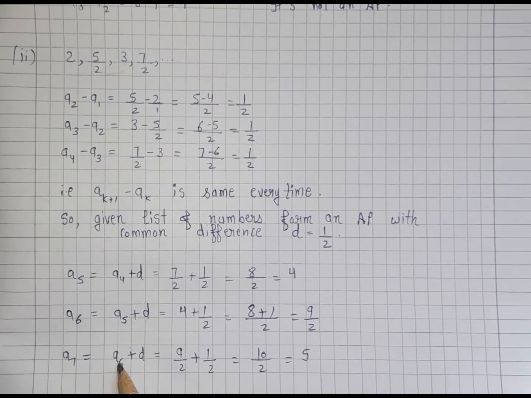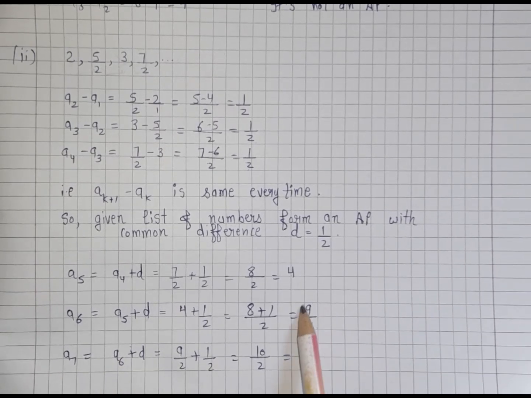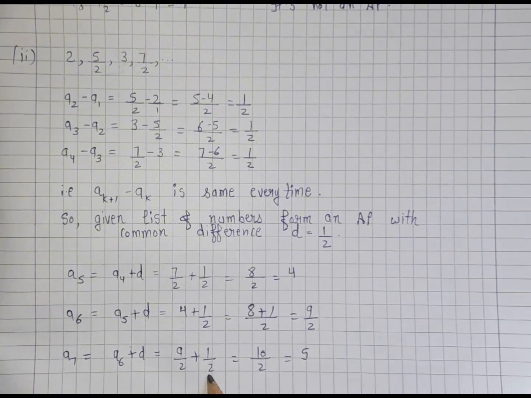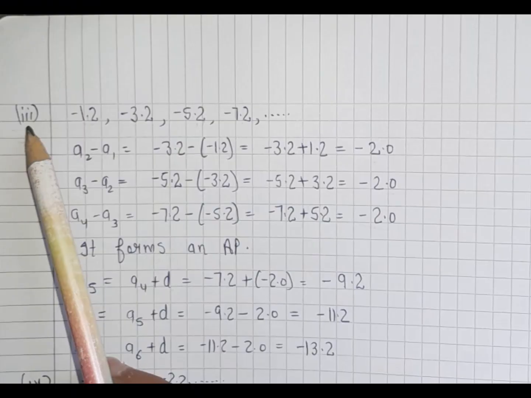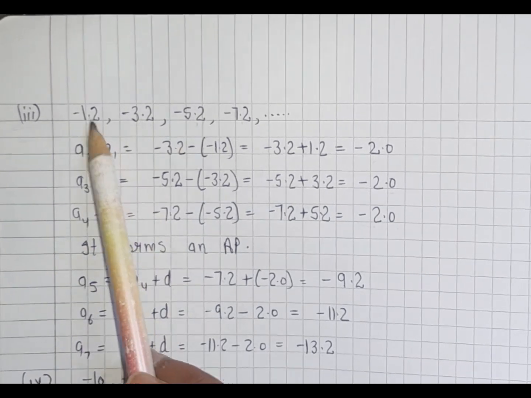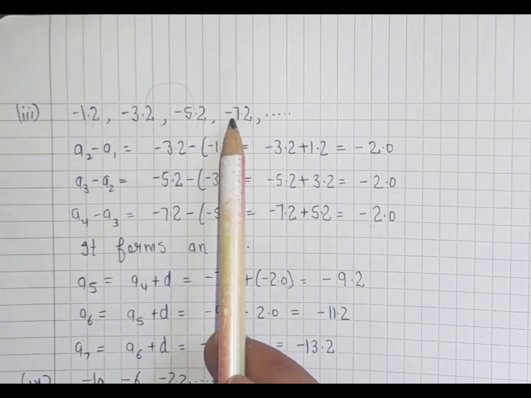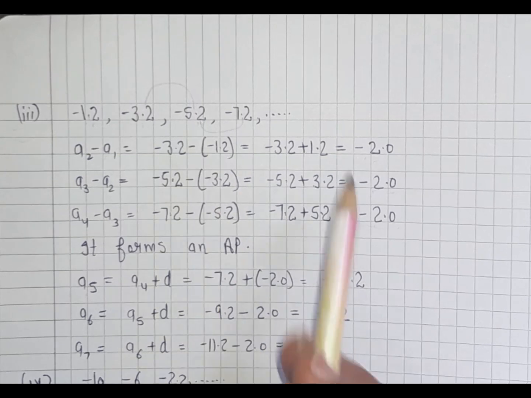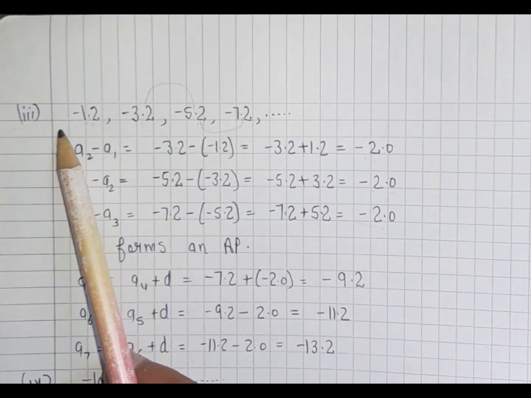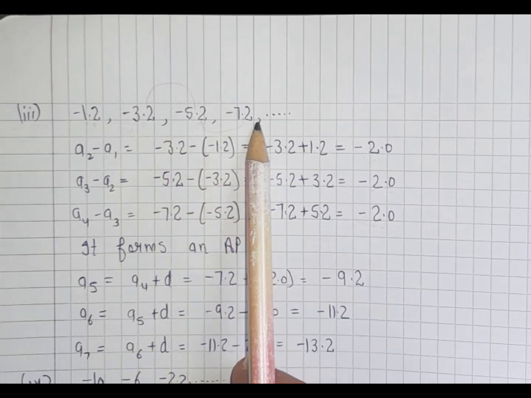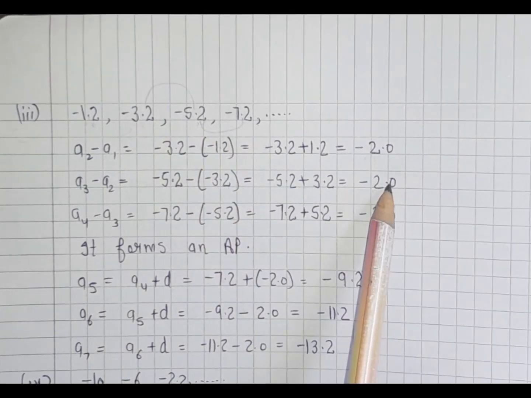Seventh term equals A6 plus d. Sixth one is 9 upon 2. 9 upon 2 plus 1.2 equals 5. In the third part, A2 minus A1 equals minus 2. A3 minus A2 equals minus 2 and A4 minus A3 equals minus 2. Here the difference between each consecutive term is same, that is d equals minus 2, so it forms an